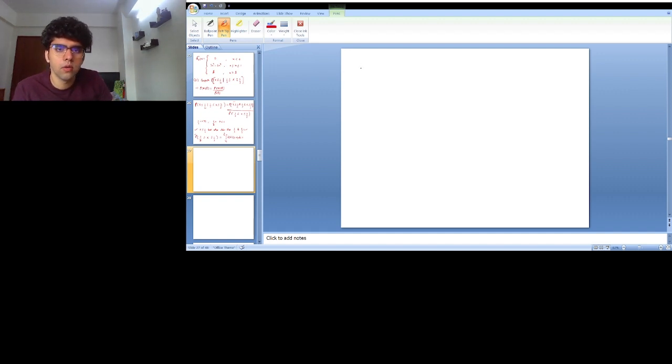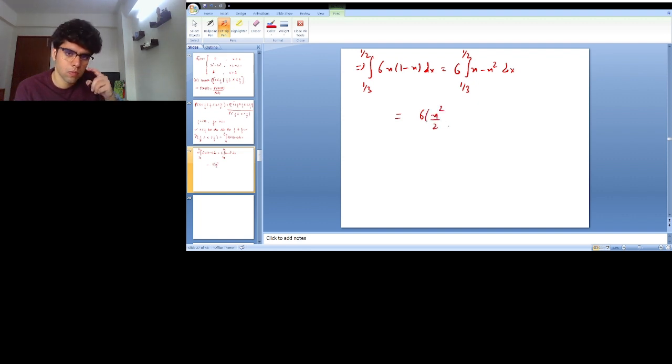The integral from 1/3 to 1/2 of 6x(1 minus x) dx, so this gives me